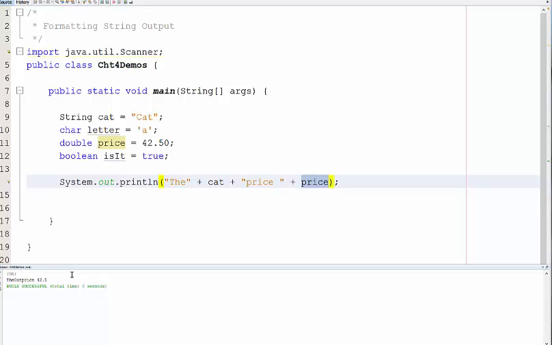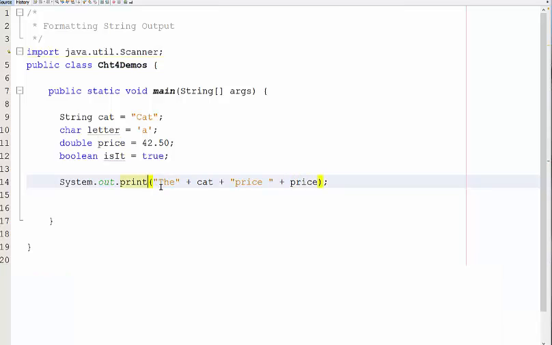And so we're going to look at doing a printf instead of println, and I'm going to erase my string here. And printf gives us the ability to do specialized formatting of our output. In other words, let me just do it. So I'm going to printf. The first thing that we're going to put in is what we want our sentence to look like. So in my double quotes here, I would like to write, is it true? Now I'm going to put in what's called a placeholder, this %b, and b stands for Boolean. So I'm going to put this Boolean value in this place. So it's going to say, is it true